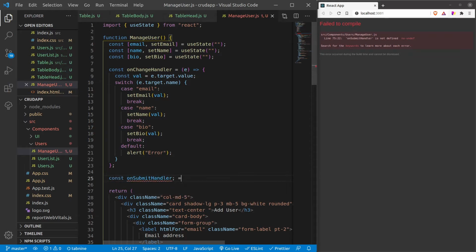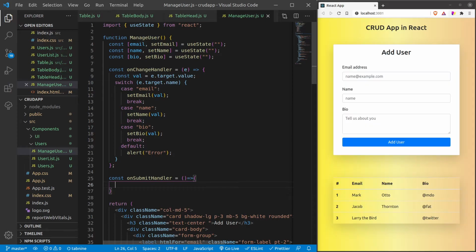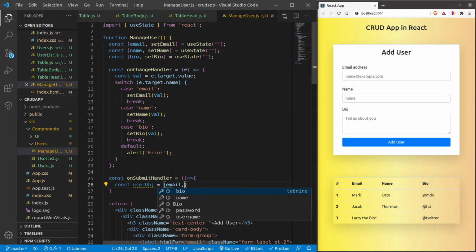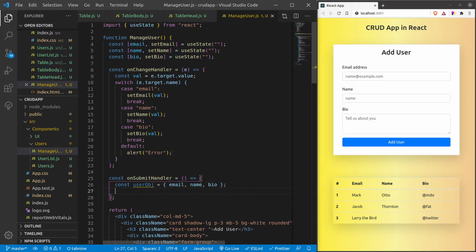Const onSubmitHandler is equal to, okay, here we are just going to create our user object, and using the destructuring operator I'm adding email, name and bio.